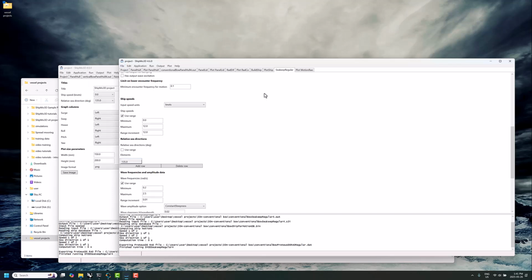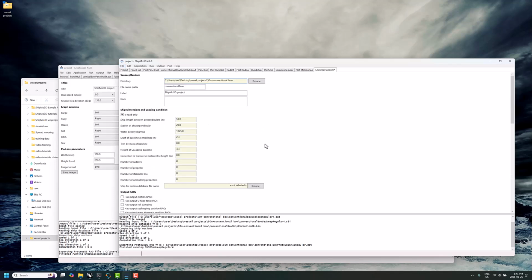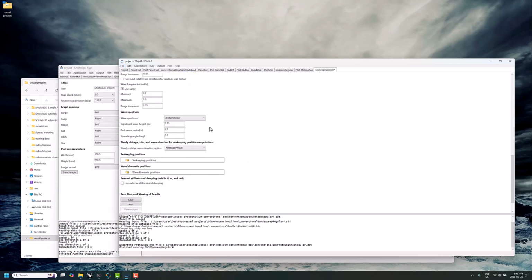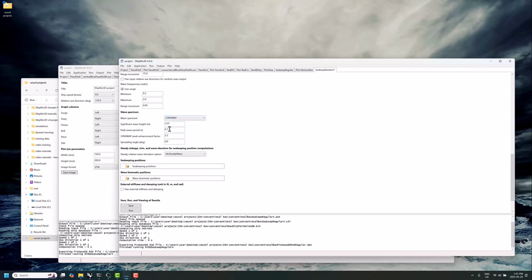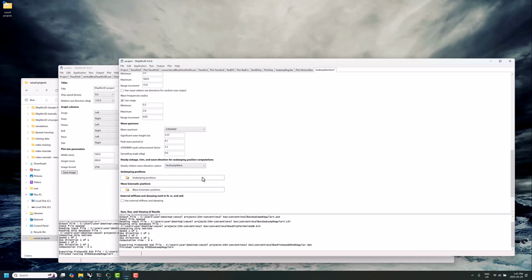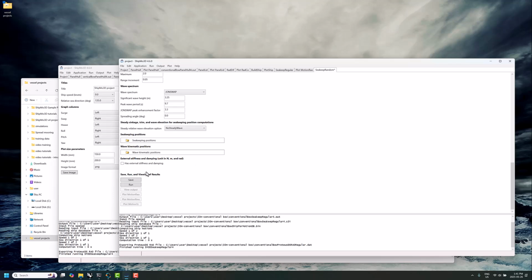All right, so maybe before closing these, I'll just save these projects if I want to come back to it. Now, say you wanted to do an individual sea state comparison. That's where you use SeaKeep random. This allows you to pick a different sea state spectrum, JONSWAP, Bretschneider, a significant wave height, peak period. The only thing with this is that you're just looking at one sea state at a time, and that's fine. Maybe that's all you want to do, but there's a big advantage using the ship motion toolbox and